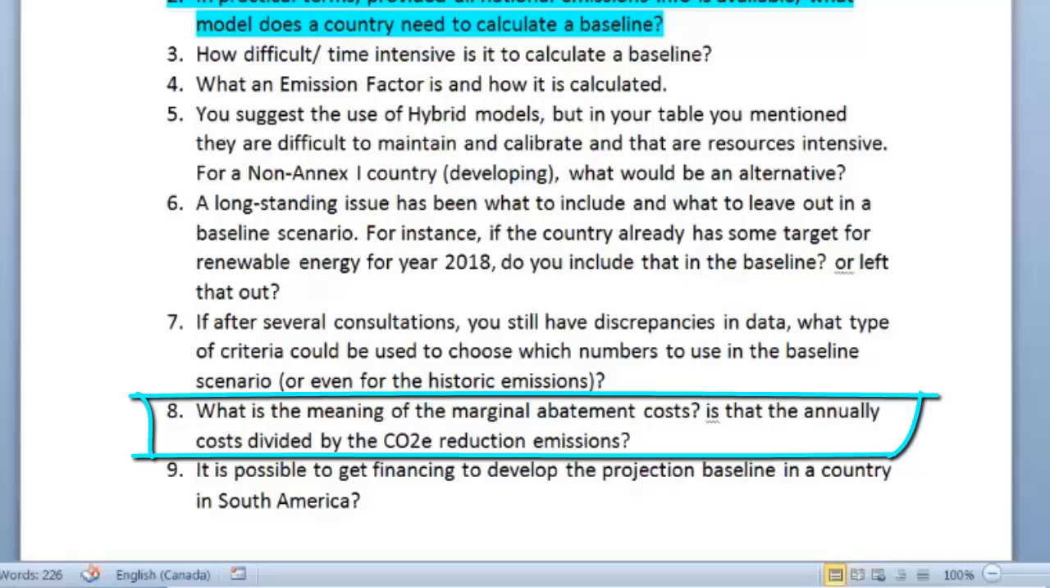In a way it is, but when we talk about marginal, so if we think about abatement costs, we could take the total costs, whether they're annual or not, and divide them by the emission reductions they deliver. And that would be your abatement costs. And we might have to consider what year the investment is made, et cetera. But when we talk about marginal abatement costs, what we're interested in is the costs for the next